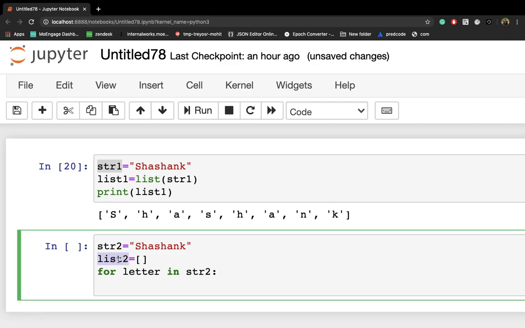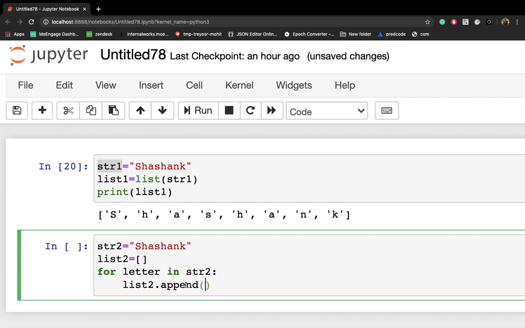now let me append all the elements one by one to this list2, right? Because I wanted to send all the elements to this list2, right? So what I can do here is call the append function, right?